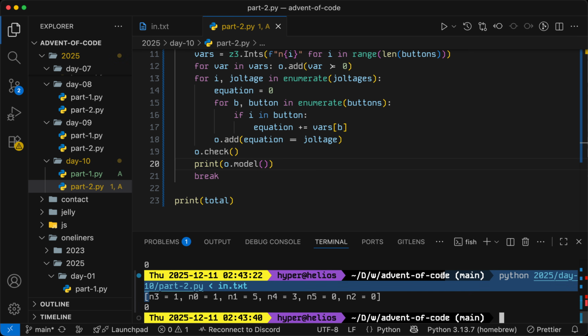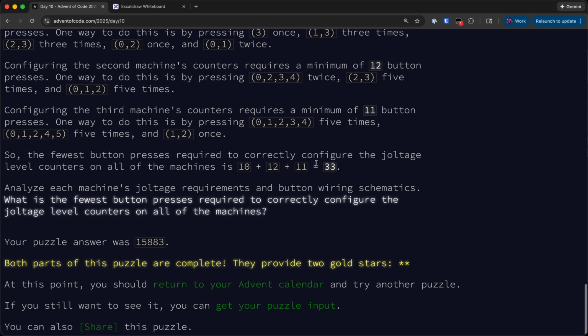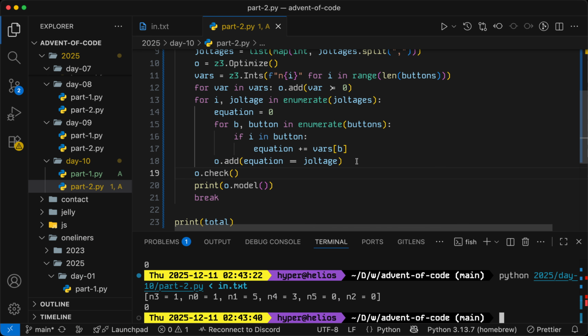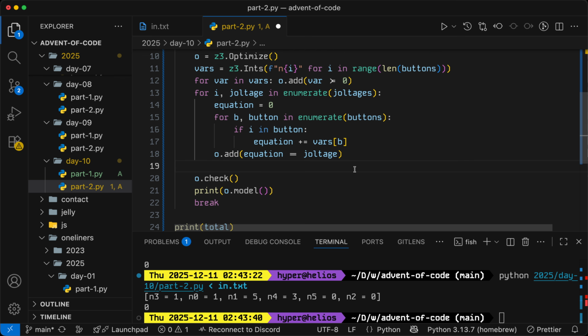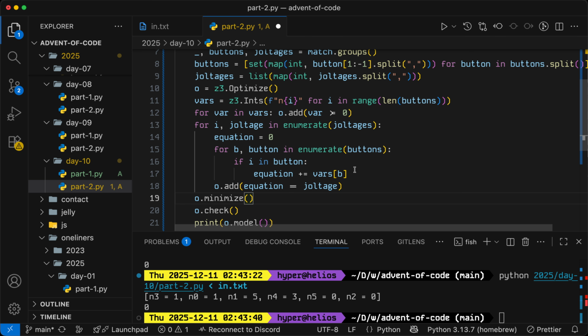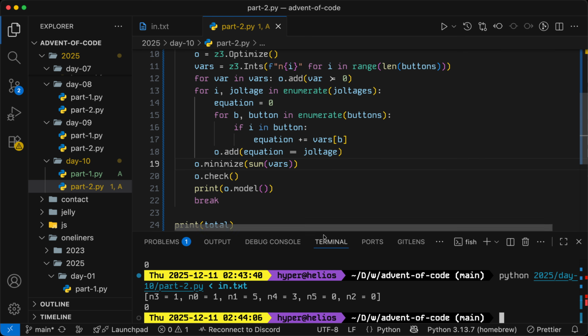So you'll see that this now gives us an answer, which is the resulting value of all of the variables. And we'll note that this is not optimal, and that is because I forgot to actually tell it to optimize anything in particular. Finally, we'll need to optimize. So the thing that we're trying to optimize is to minimize the sum of the variables. And so now,